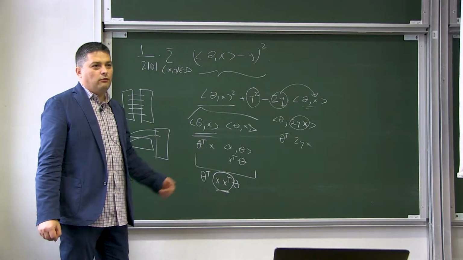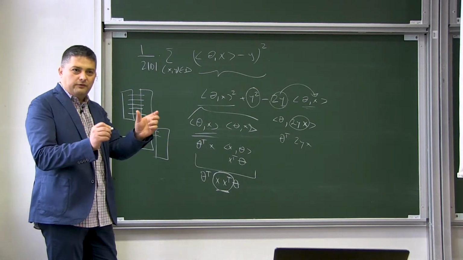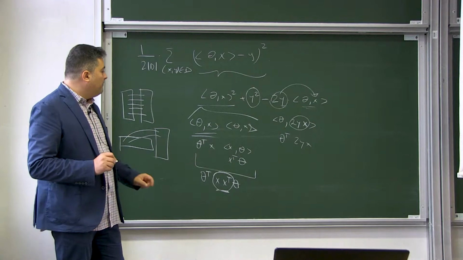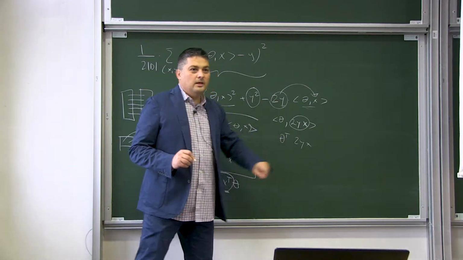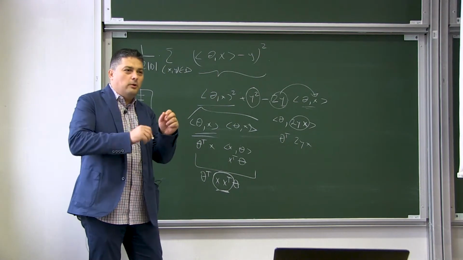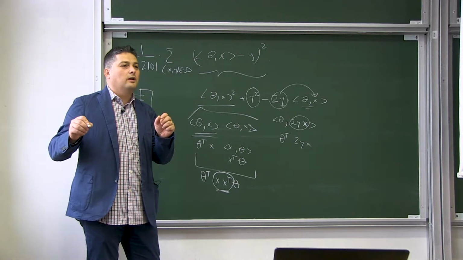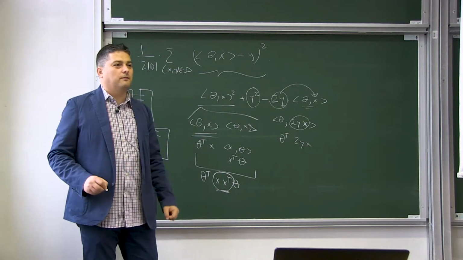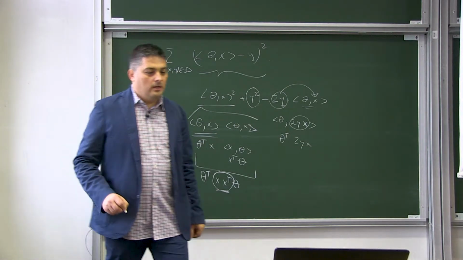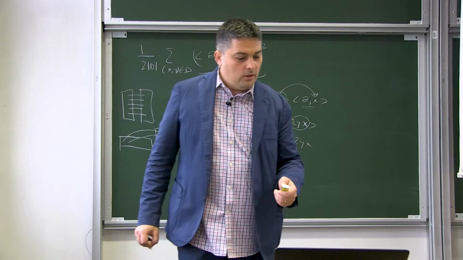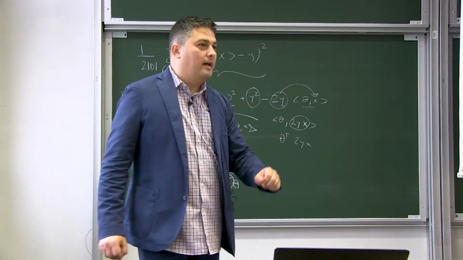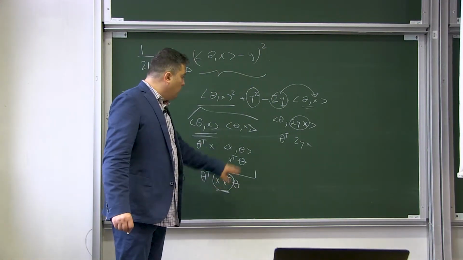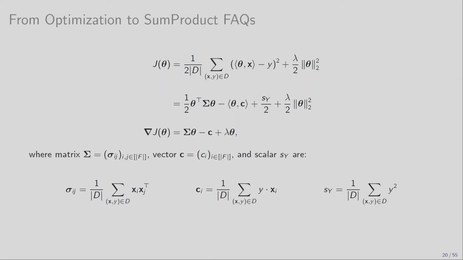which is a dot product, if you like, of x with itself, of the feature vector, right? Itself, and then we get this here, that is, we take all the features and we multiply them with the label, right? And we also have the label multiplied with itself. Okay? So this is why it should come as no surprise that we can take all this and represent them in the following form.